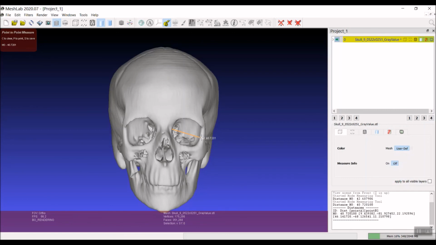So if we press P after collecting our ruler measurement, then you'll see that not only does the distance get dropped into this text box in the bottom right, but it also gives you the coordinates for point A and point B. So that's pretty nice. And the cursor's still ready, so we can do another measurement. Orbital height is perpendicular to orbital breadth, so it's nice to be able to see orbital breadth there and sort of approximate it. Same thing, I can press P,